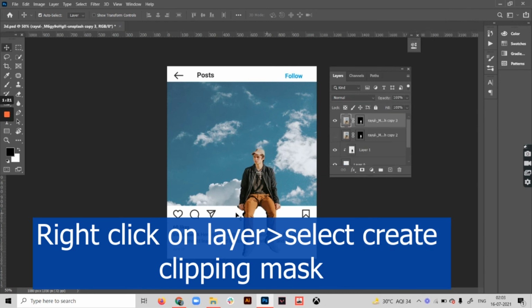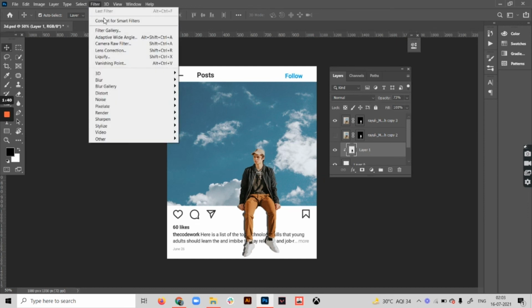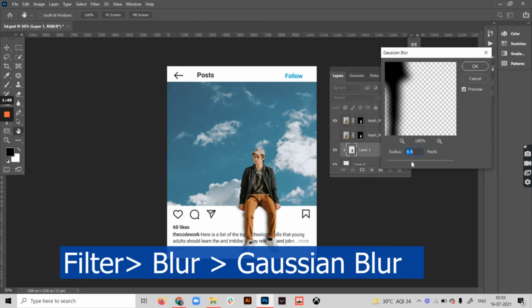Okay, done again. Now this shadow is a bit too dark for me. So what we can do is, as we know, opacity is there. We can play around. And also, if you think the shadow is too sharp, just apply the blur effect. Go to filter, blur, Gaussian blur. Select from here how you need it to be. Just whatever suits your eyes and your mind, just go with it.